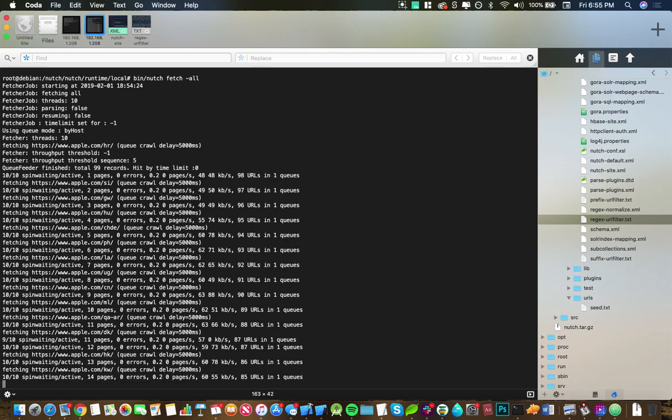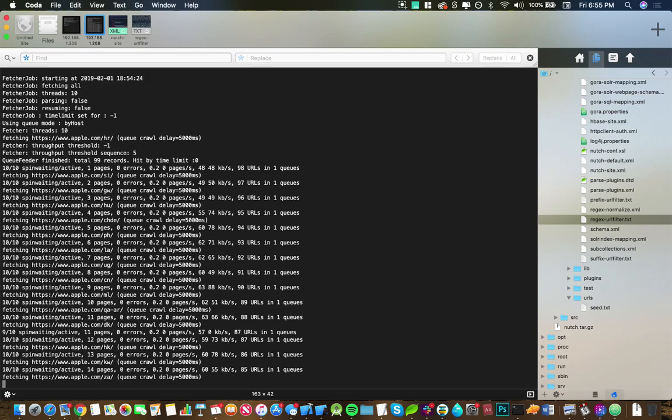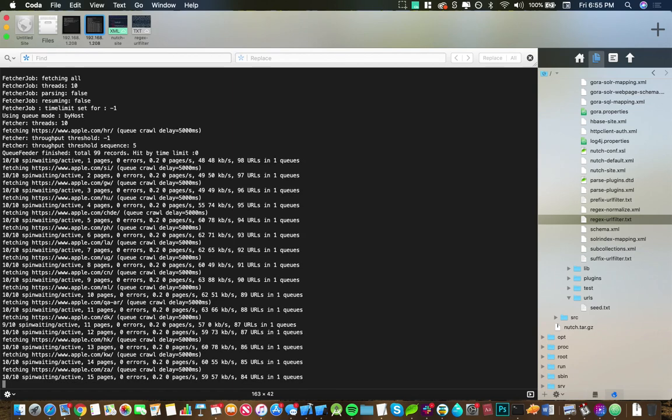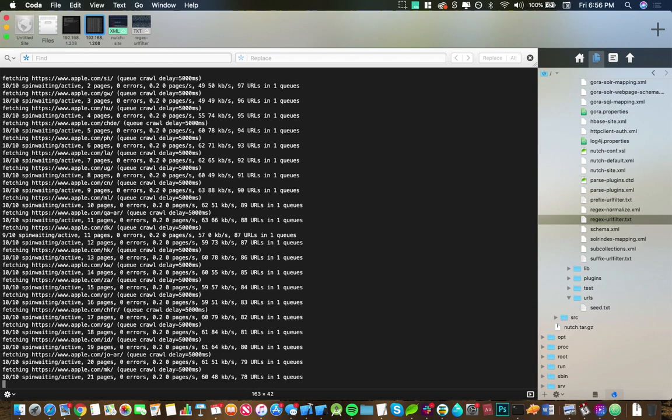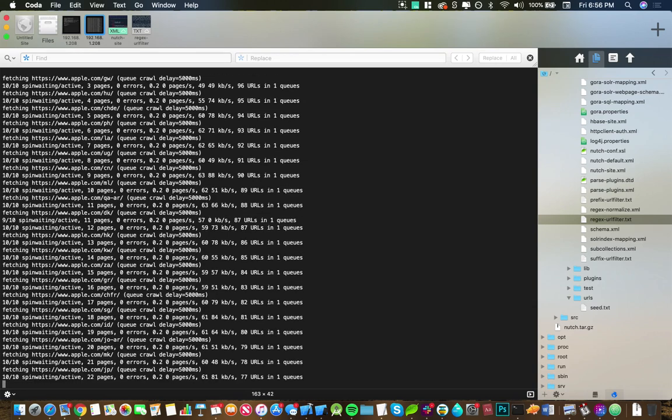So I'm going to let this run, and then I'll come back when this is finished, and we'll move on to indexing with Elasticsearch. All right, so while this is running, let's go through all the available Nutch settings